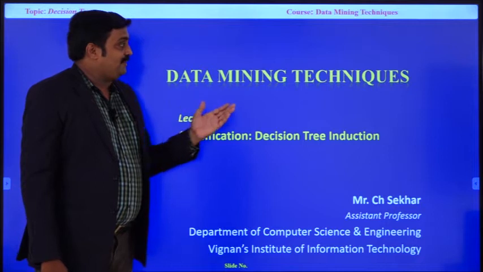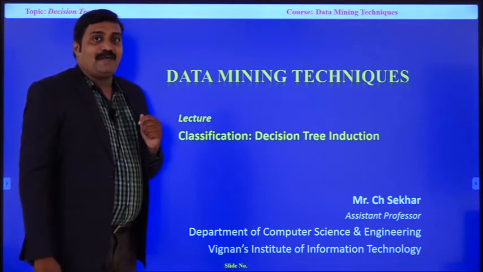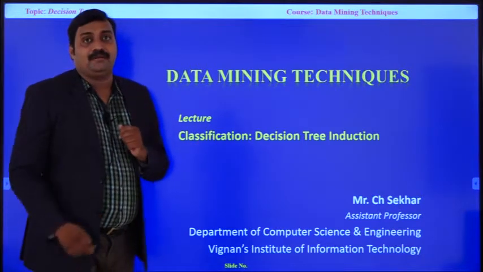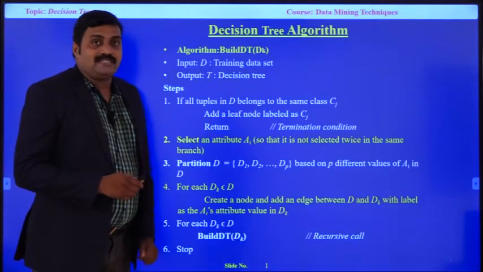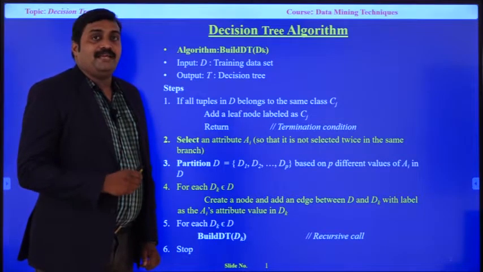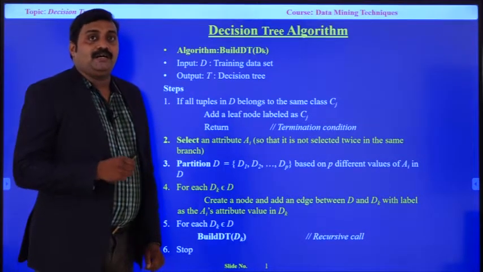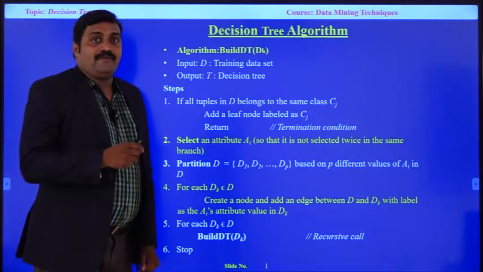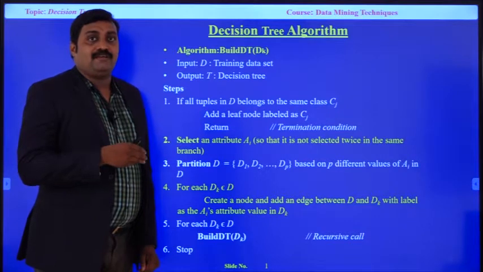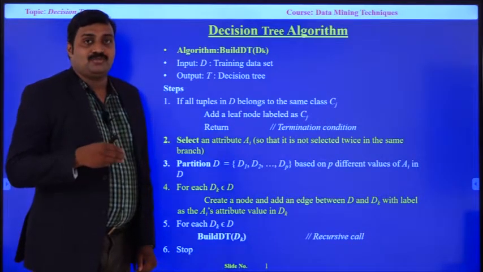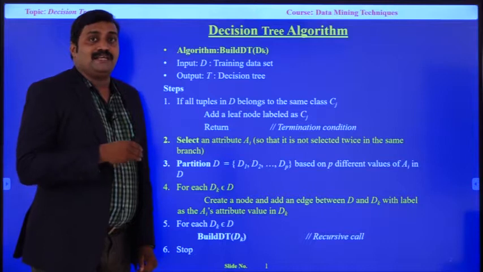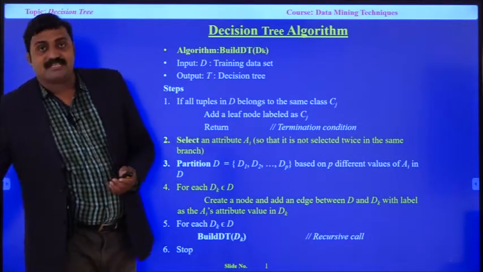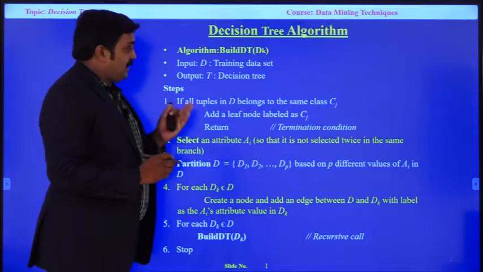As part of data mining techniques, today I am going to explain a very interesting concept, decision tree, with an example. Decision tree is one of the familiar concepts to classify a bigger user data set into a number of classes. Whenever data has different classes, decision tree is the easiest way to classify the information. We already discussed the decision tree algorithm.